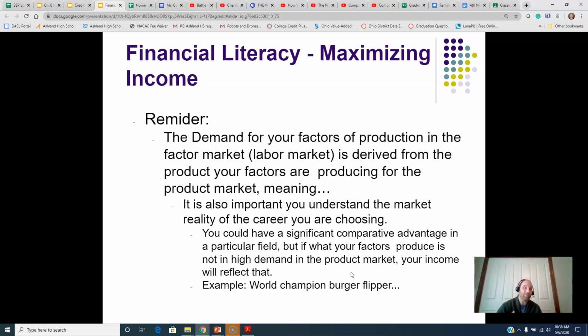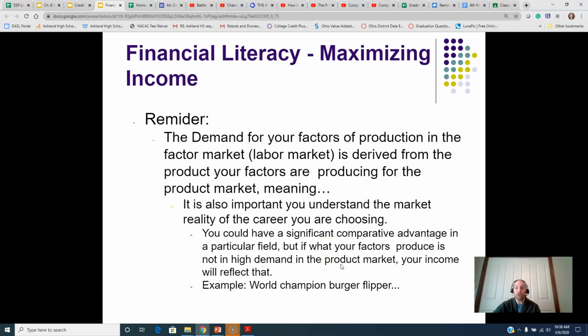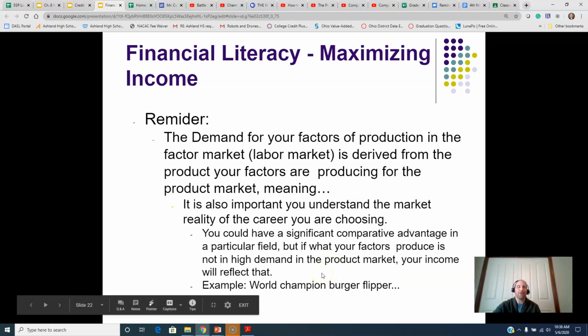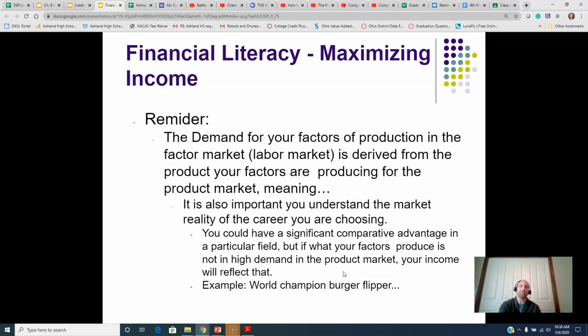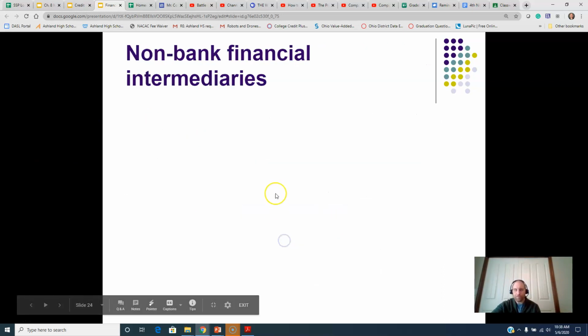So again, it's important that you understand the market you're going into and the product that your factors of production are producing. Do what you enjoy, do what you're good at, specialize, earn as much money as you can in that field, but also keep in mind what it is that you're making and how much in demand it is going to be. So, with all that being said,